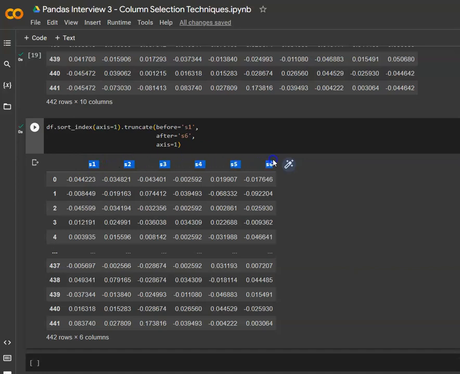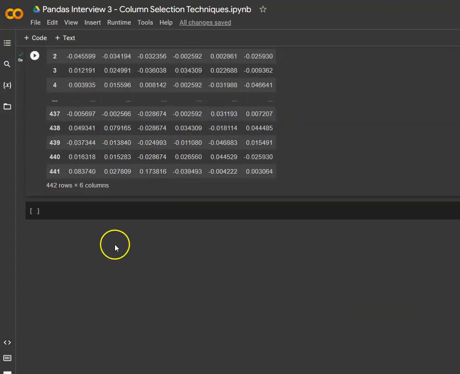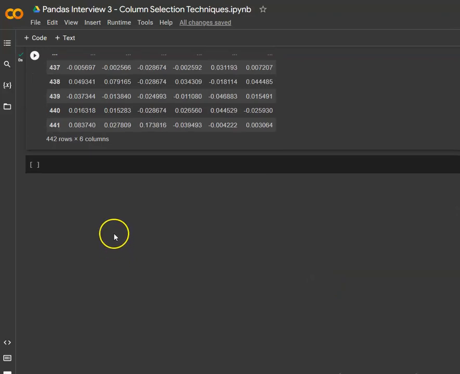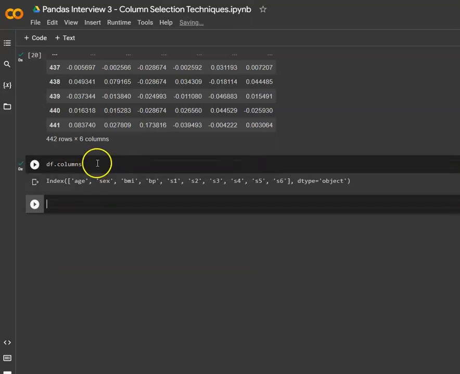This is a trick that you can use whenever the interviewer asks, if your columns are adjacent and if you know them, can you take everything before and everything after those adjacent sets of columns? This is a cool trick that you can use with truncate,